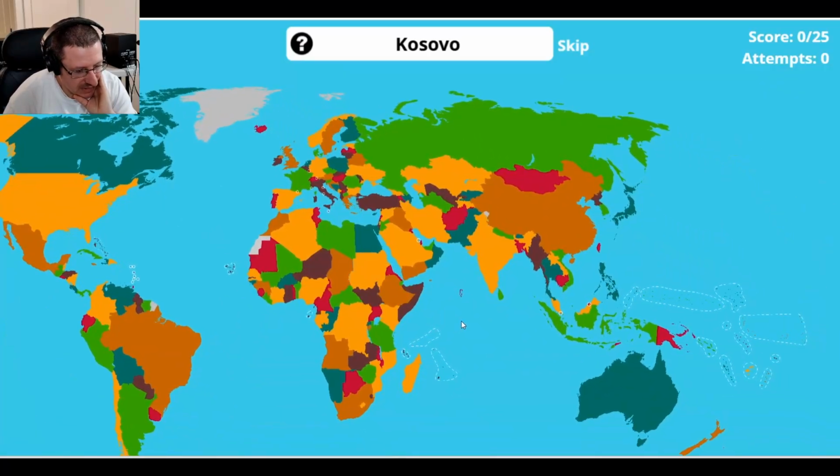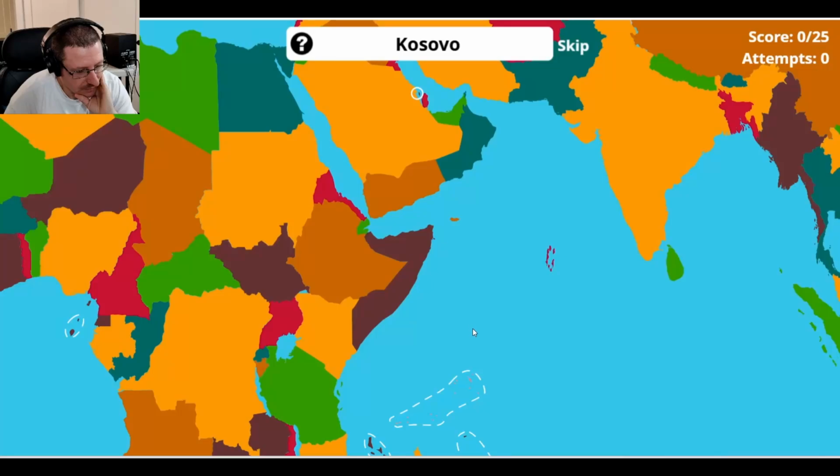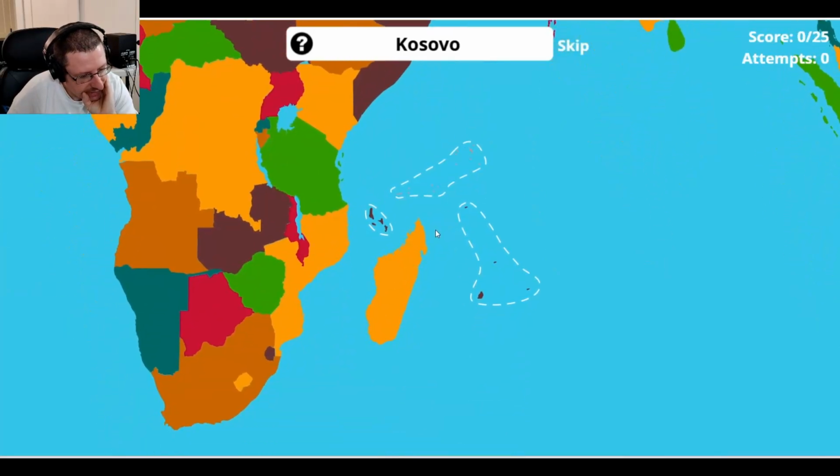Let's go to Africa because it's missing. There is Reunion, which is right here. So this is Mauritius. Reunion is right here, and they have some big active volcano there. Seychelles, Comoros, and Mayotte. Mayotte is right here. And I don't remember the fact about Mayotte, but that's the country right here.